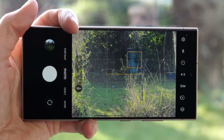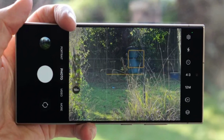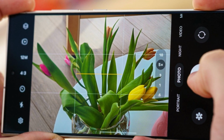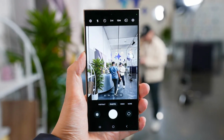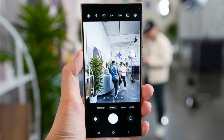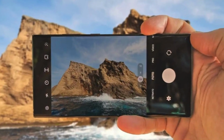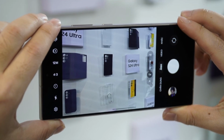Even more exciting is the claim that the second zoom camera will receive an upgrade. The leak indicates that the Galaxy S26 Ultra will feature a 50 megapixel sensor with 8x zoom and a 184mm focal length. This would be an improvement over the 50 megapixel 5x zoom camera found on the Galaxy S25 Ultra. If accurate, these changes would provide significantly better zoom quality, making the Galaxy S26 Ultra one of the most powerful